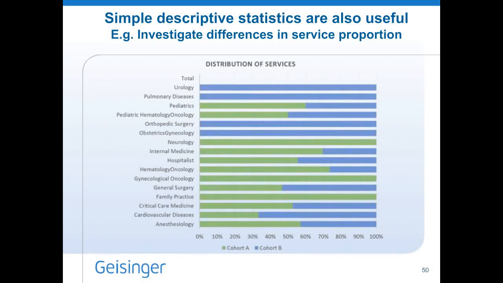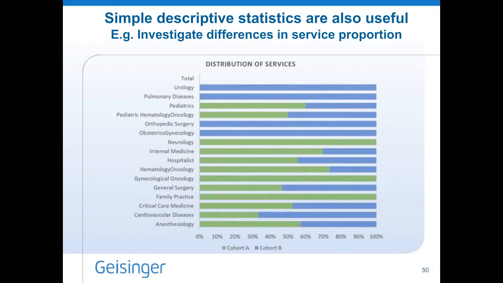So here's a display of the different services that treated a sepsis cohort that we were looking at, between cohort A and cohort B. Now you could see that orthopedic surgery and OBGYN had none in cohort A. Well, if they account for 90% of your patients, then you're in trouble. But if there's only one case from each of these, then you can determine that when the biostatisticians get the results, you may need their help in normalizing for changes in service. It's really not going to impact so much, and it's worth going forward.